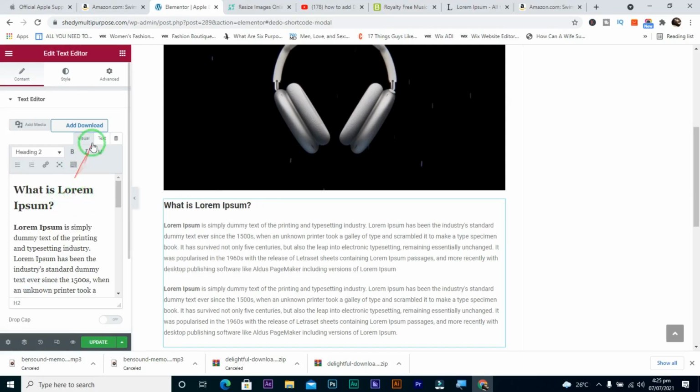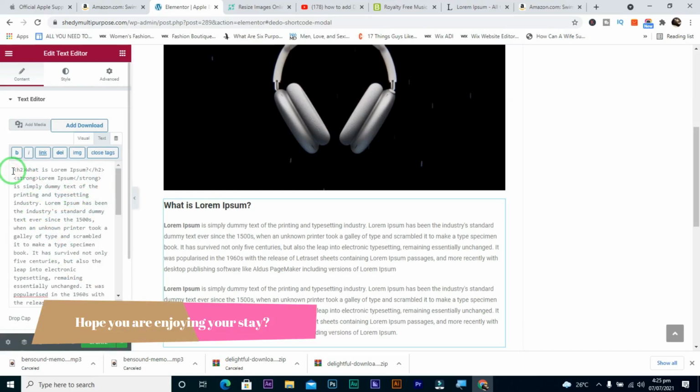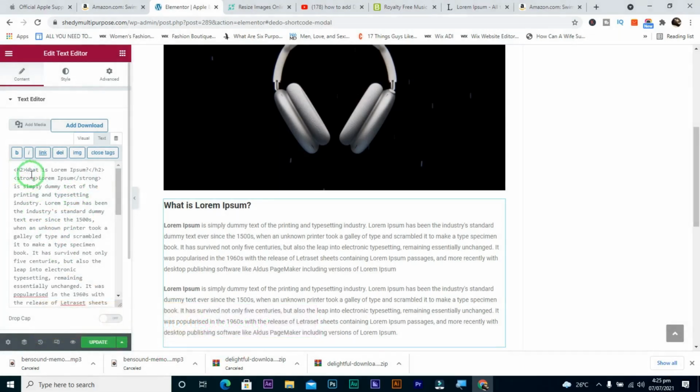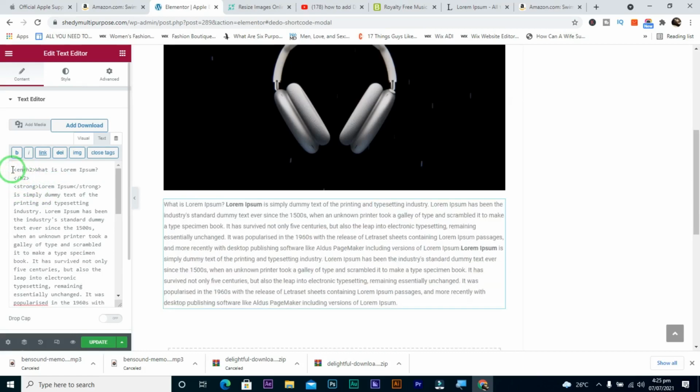So please just pardon me, let's just do a little coding. Now that we have the H2, just come to this place. What I did was I came to the text. This is the code aspect of this particular writing. So what you just need to do here is remove some strong, and just type this tag, enter, center rather,